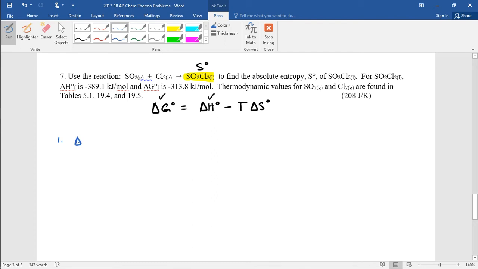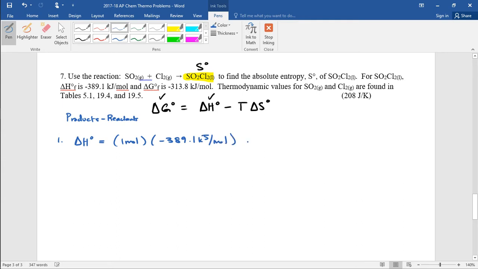Okay, so step 1, solve for delta H standard. This is literally just products minus reactants that I'm doing for this one. Okay, so I'm not going to write the whole equation. I'm doing products minus reactants to find the delta H standard. So the products are SO2Cl2, and there's 1 mole of that. So that's going to be 1 mole times negative 389.1 kilojoules per mole,